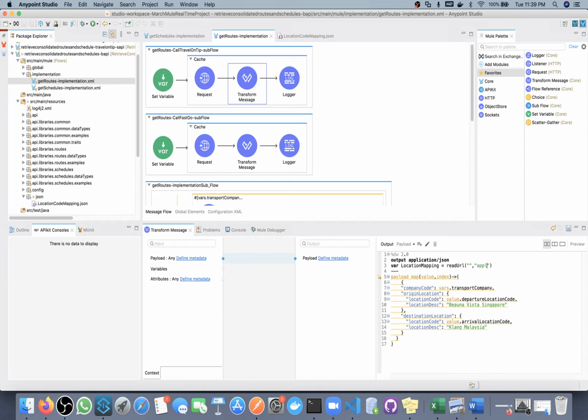I want to read in application JSON. In the path, the syntax should start with classpath, then colon, then double slash. Classpath means src main resource, so inside src main resource we have the JSON folder, and inside this we have our file.